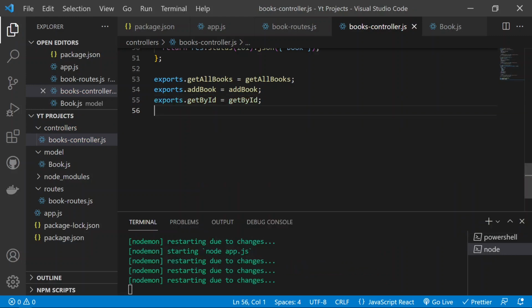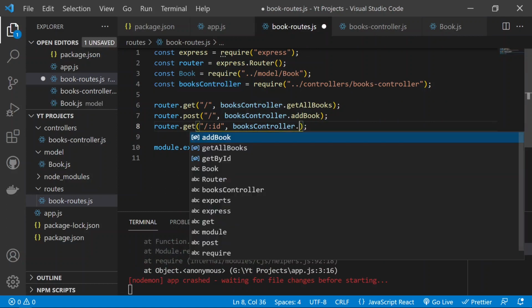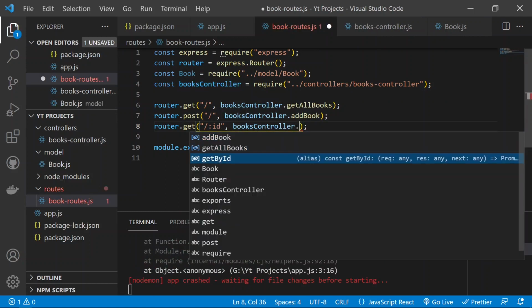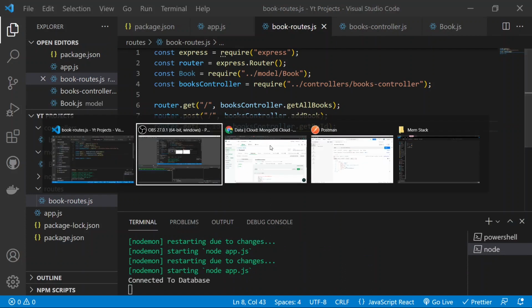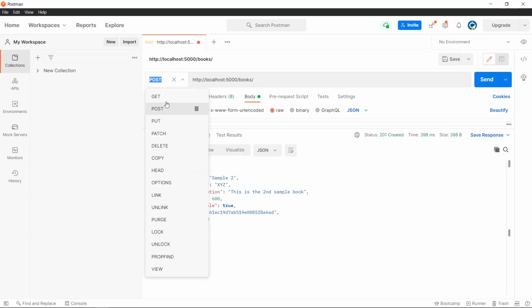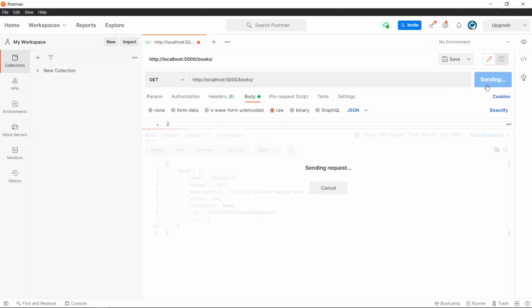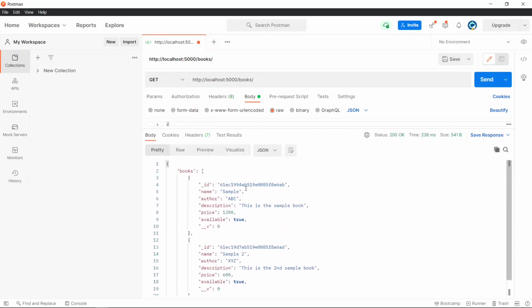So if I would now save, and if I would now go to the book routes, and for the book controller, if I would now use here the function as the getByID, so it will be pointed to that function. So now if I would save, and go to Postman to send the request, there I would check how many products we have in the database. So now we have 2 products. So now if I would get the single product sample, which is a sample book by its ID,